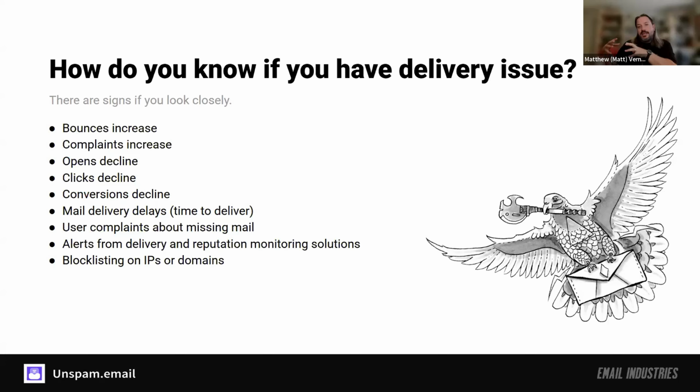The image caching that happens is happening to messages in the inbox, right? And it happens at different points depending on who the provider is. But if you're seeing a huge decline in open rates, it likely means you're having a delivery issue. So it's not that you're getting maybe more bounces because the messages are still delivering, they're just not delivering to the inbox.